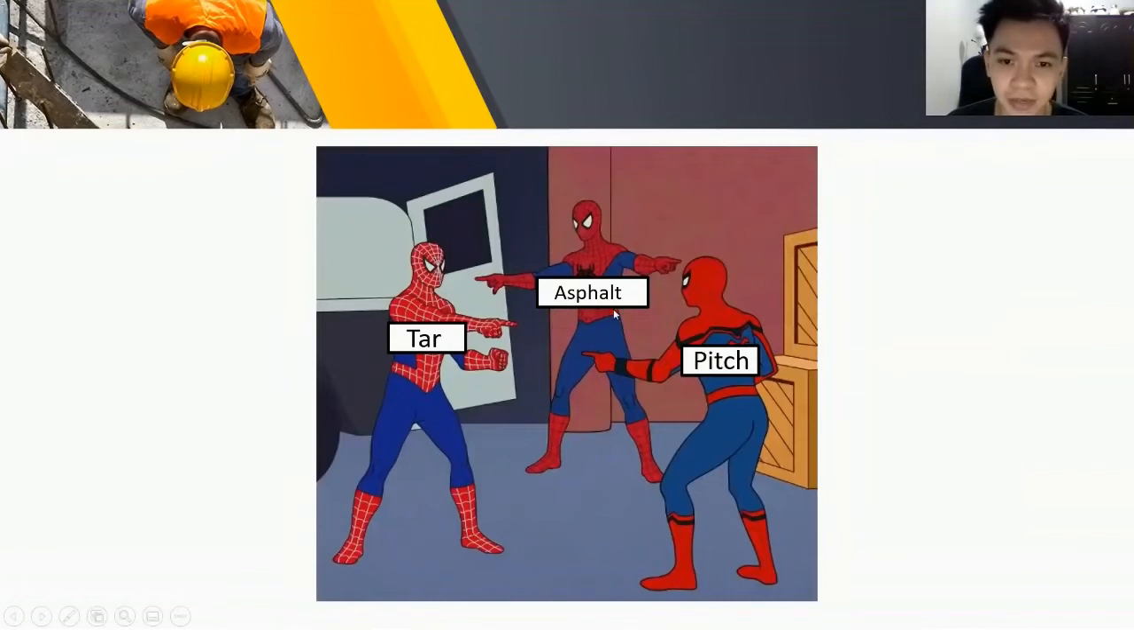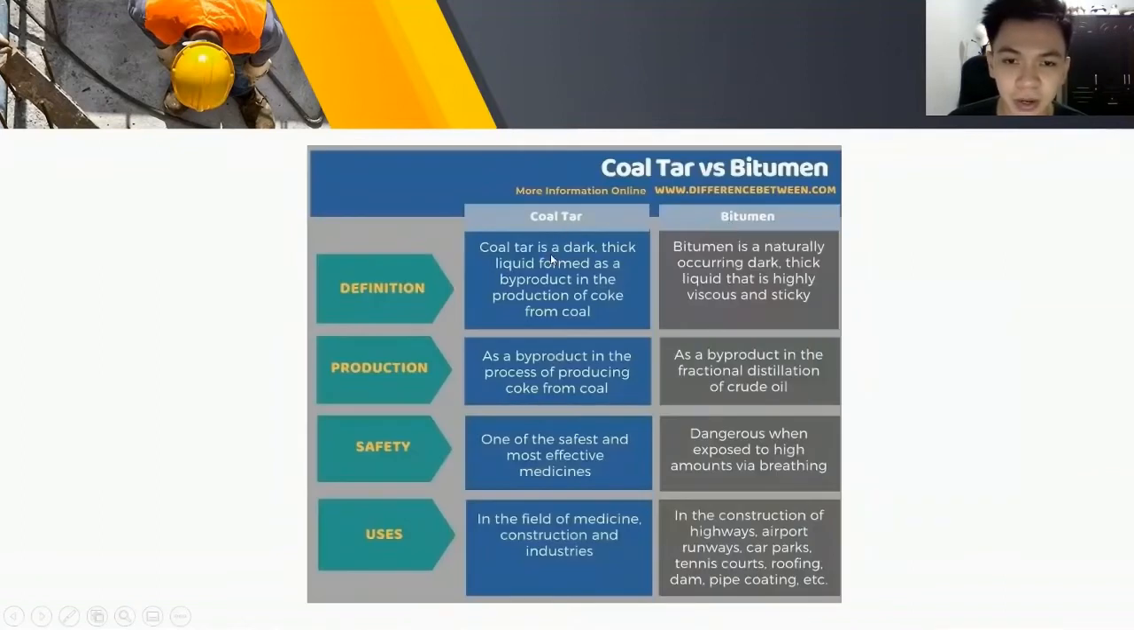Tar versus pitch versus asphalt. Okay? Ito. So si coal tar daw, by definition, is a dark, thick liquid formed as a product in the production of coke from coal. Okay, while the bitumen is a naturally occurring dark, thick liquid that is highly viscous and sticky. Okay? Coke from coal. So safety naman, so si tar is the safest and most effective medicine. So ginagamit siya sa may medicine. So ito naman, si bitumen naman,